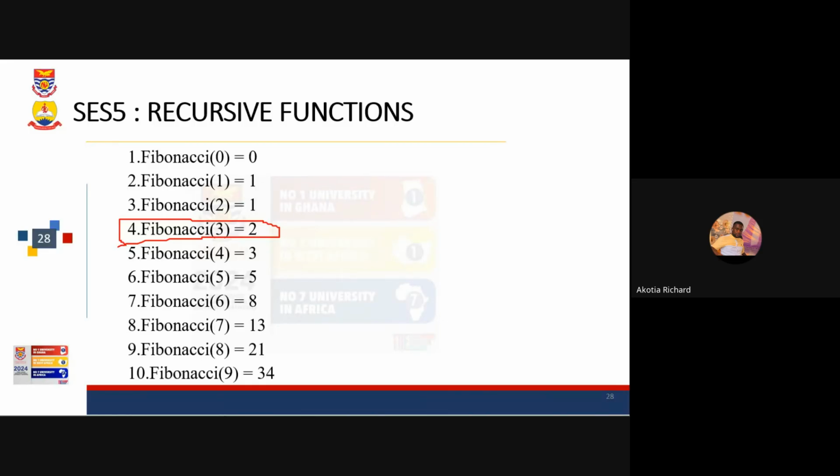Madam, please, are you getting my point? Yes, so basically that is the Fibonacci series. So fib of 0 is 0, fib of 1 is 1. That is the base case. And then fib of 2 is 1. So to get fib of 3, it's fib of 1